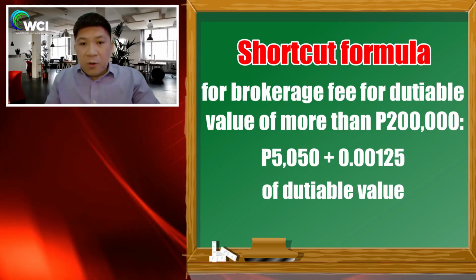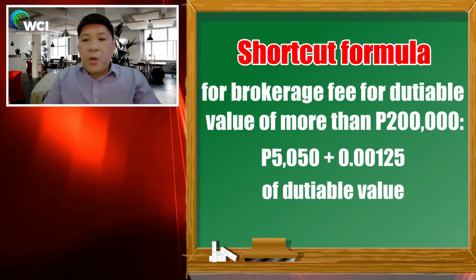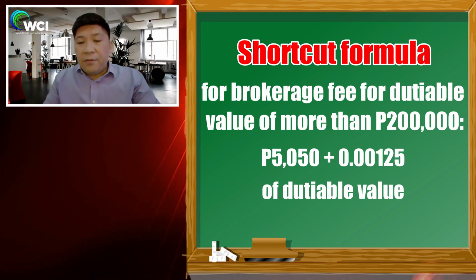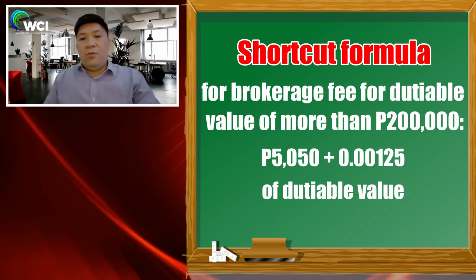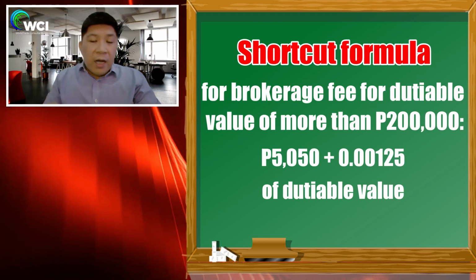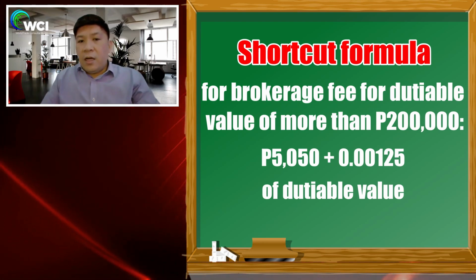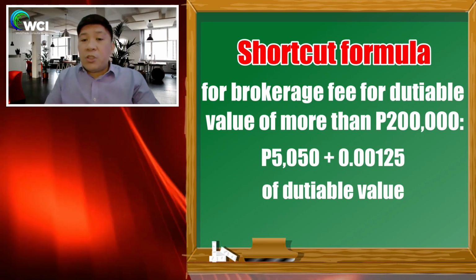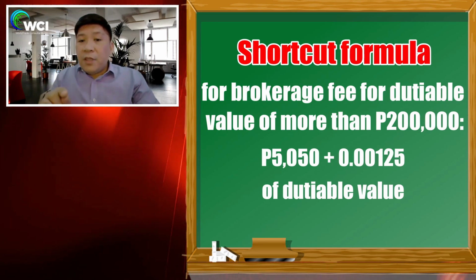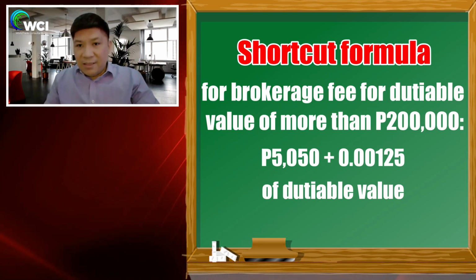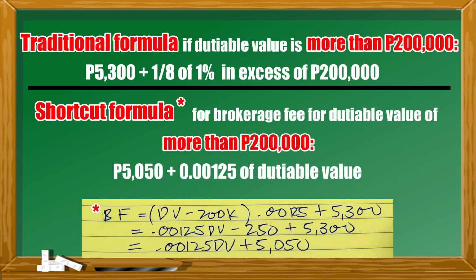5,050, okay, plus 0.00125 of your dutiable value. Okay. So yun po, yun ang ating formula. Okay. So basically para po siyang 5,050 plus bank charge. Yun po. So that's the other way of